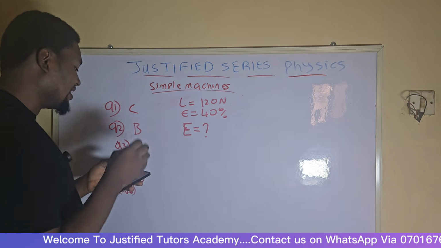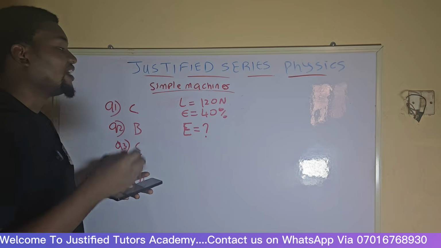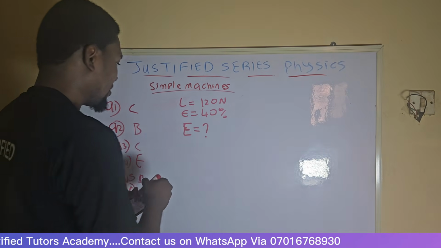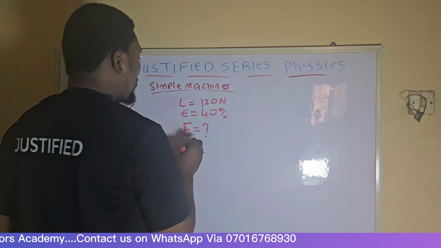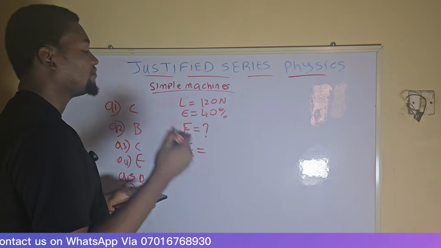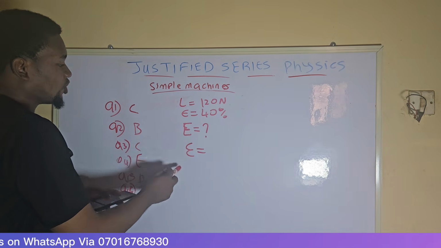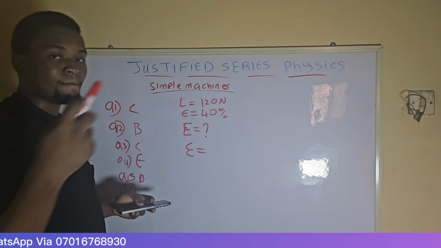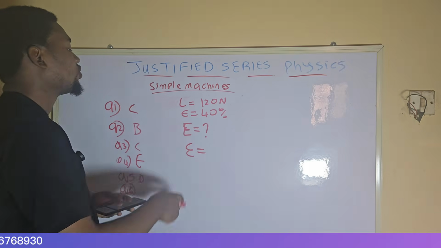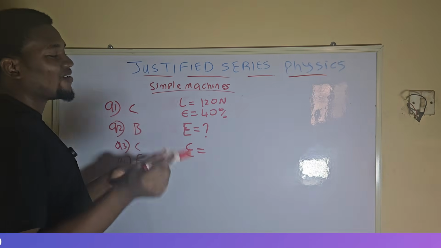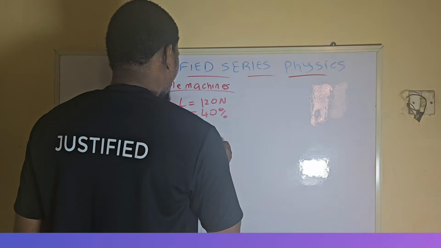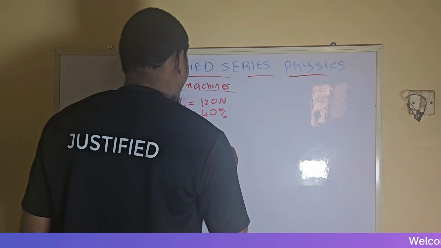Now let me tell you the trick. This is a pulley system type of question, so we're using the formula for pulley system. To find our effort, we need to first find the mechanical advantage, because the formula for MA is load over effort. But to find our MA, we have to make use of the formula for efficiency. The efficiency formula is equal to MA over